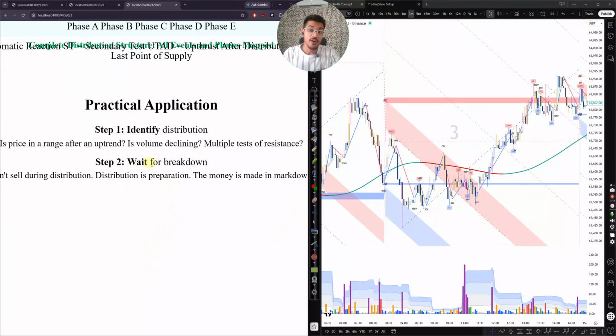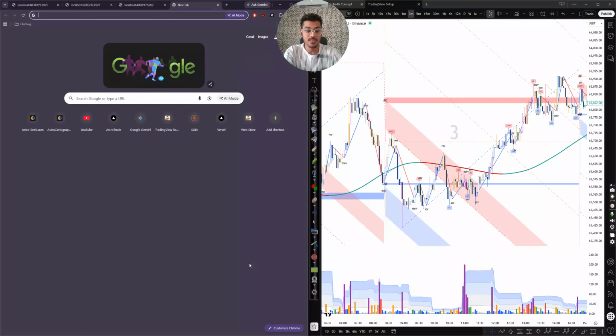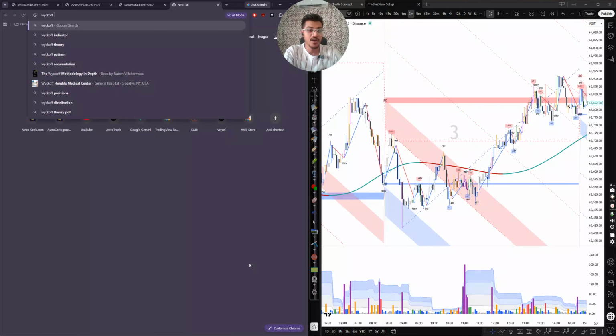Second is wait for the breakdown. Don't sell during distribution. Distribution is preparation, and the money is made in markdown. In order to show you guys, like, the Wyckoff